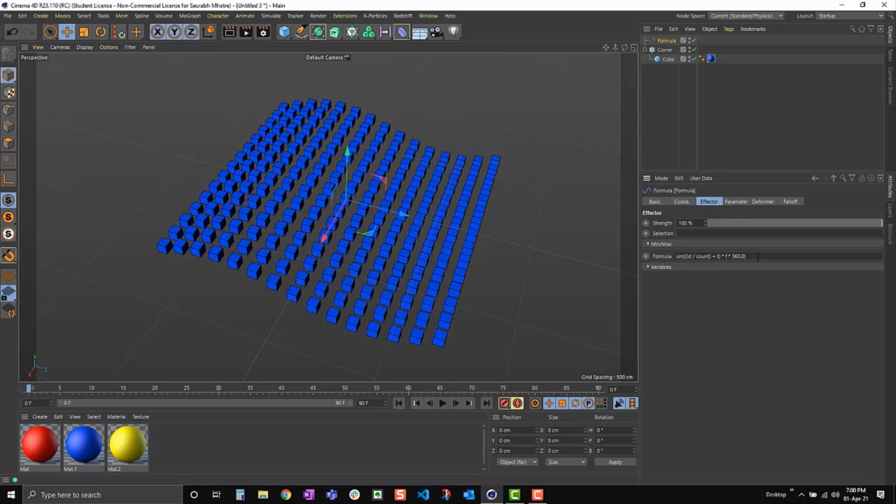You can look at what the variables mean right under it, but what this formula will do is that it will basically control the y position of all sets of clones. And because in the formula you have the parameter of t, which is time, which is based on your timeline, every frame number the value of t will change, and hence you will see that throughout your clones you'll have a wave go through. So if I play,